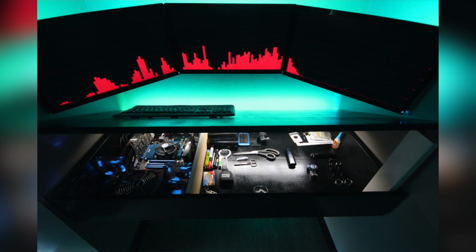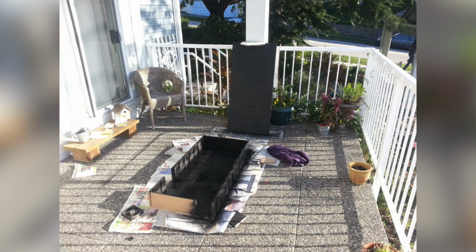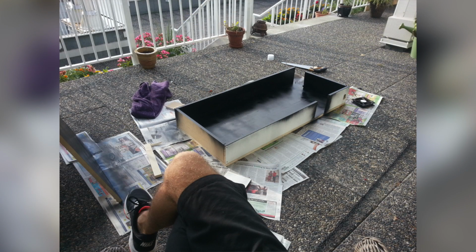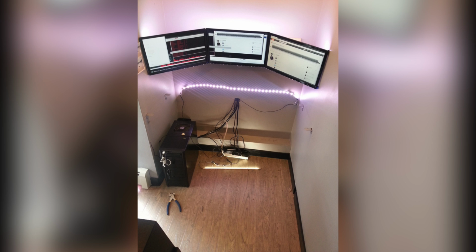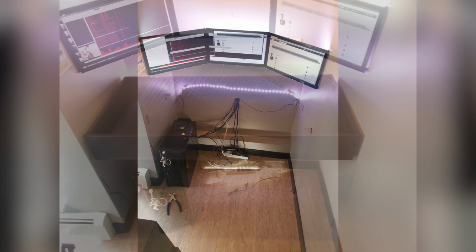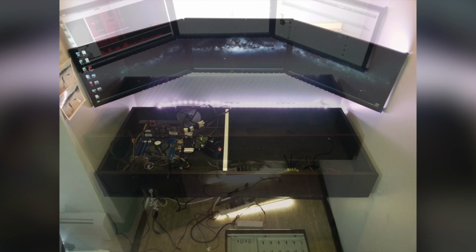Now I think it's really cool. Again, a popular thing we've been seeing lately is these gaming setups or PCs built inside of a DIY desk. That is what he did here. Like I said, very limited space inside his room, but he did great things with what he was given. Built the desk, put it inside the closet, triple monitors there, all aligned very nicely as well to just complement